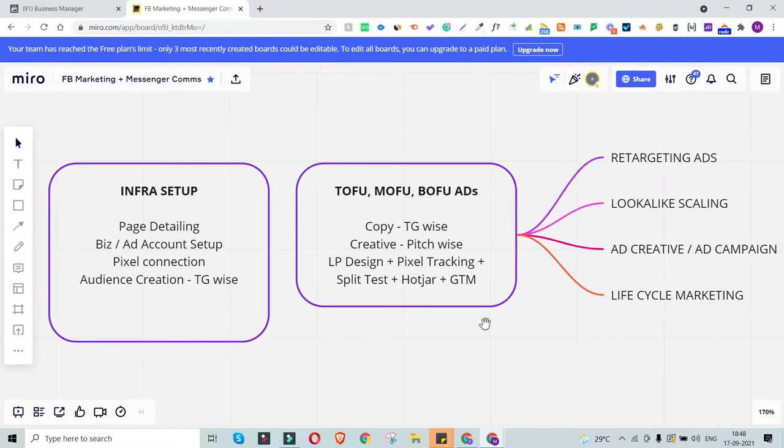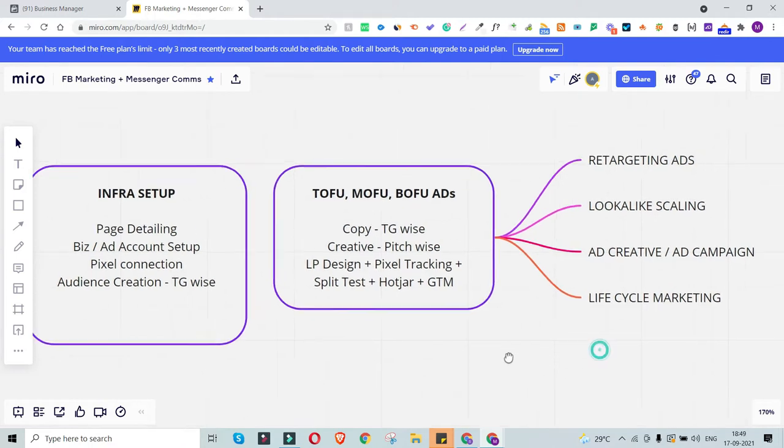Once someone clicks on your ad, where are they going to land, and how is the whole user journey going to be after they click on the ad? So primarily the overall ad funnel as per the user journey, and the analytical setup. We might be interested to test out different creatives, to check out of three different ad designs which one is working best for us. Split test, or multivariate test in case it's more than two variants. Hotjar, GTM (Google Tag Manager), or pixel based tracking are all analytical setups which are going to help us segment our audience, understand our audience behavior, and measure our ad performance.